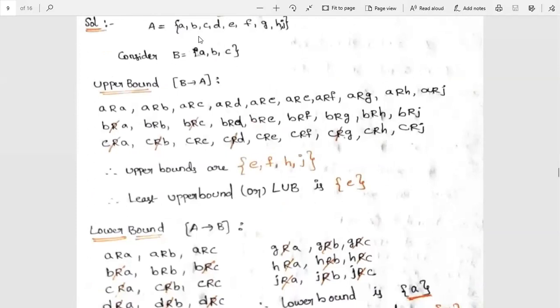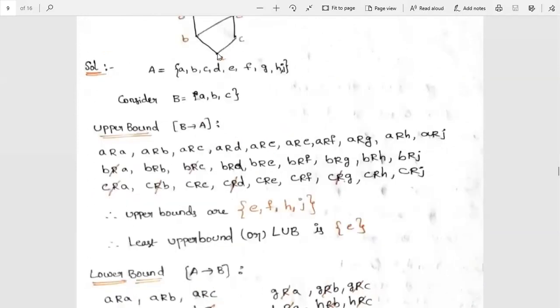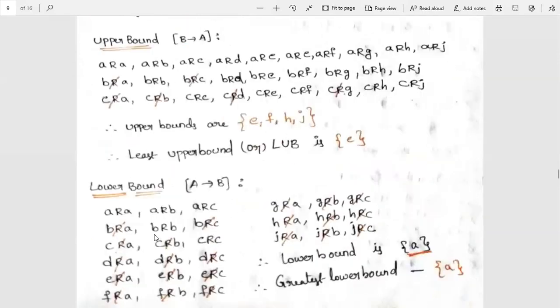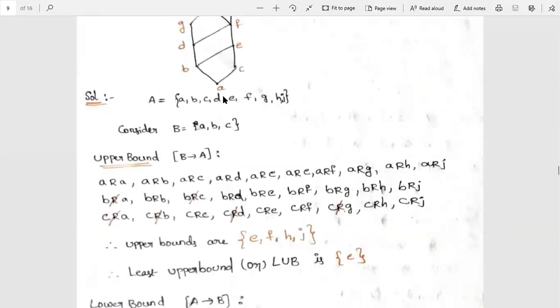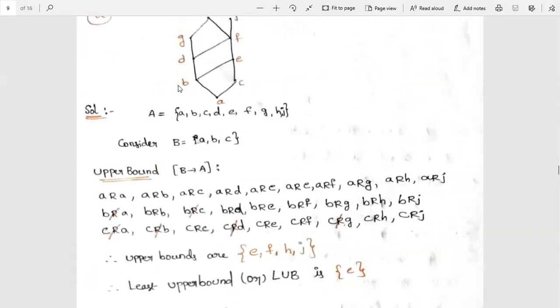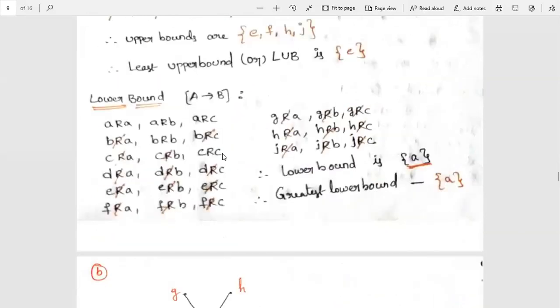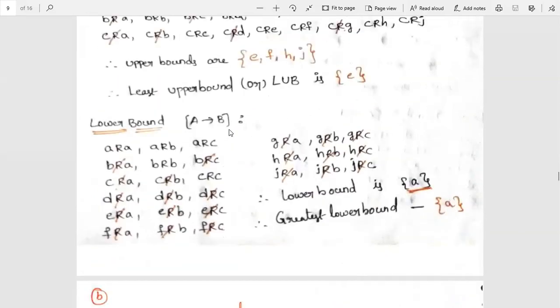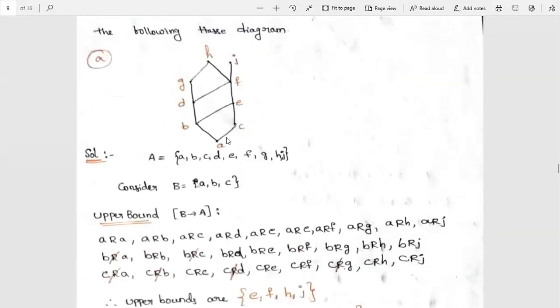B is not related to A, and B is not related to C. B is related to B itself. C is not related to A, and C is not related to B, and C is related to C itself. Okay. So we go for another element, D. D is not related to A, not related to B, not related to C, because